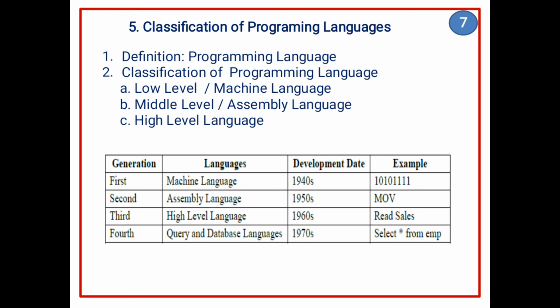Now, what are the advantages of high level language? First is writing instructions in high level language is easier. Second is it is reliable and understandable. Third is a program can run on different machines without any modifications. And fourth is it is easy to understand, create programs, find errors and modify.